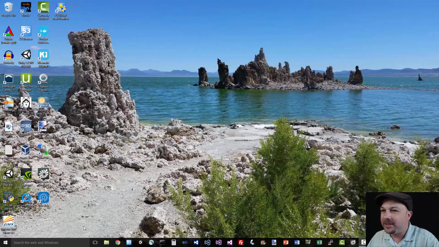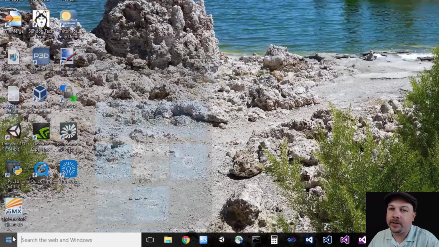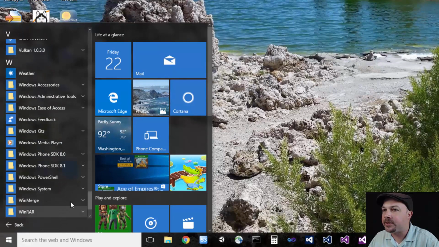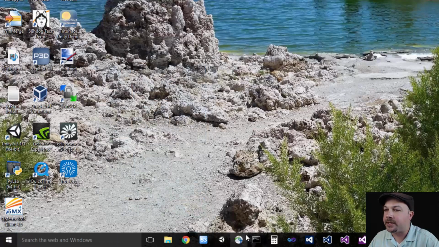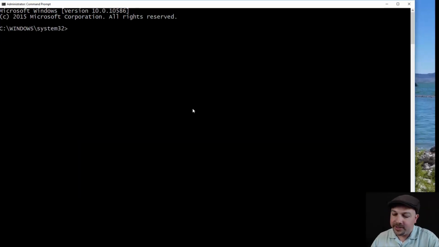All right, let's open up a command prompt in Windows, preferably as an administrator. And if you don't have a handy-dandy shortcut like I do, you'll find it under the Start menu. Go to All Apps and go to Windows System, and there's a command prompt there, okay? But you'll probably want to keep a shortcut in your taskbar like I do. All right, so I want you to cd to